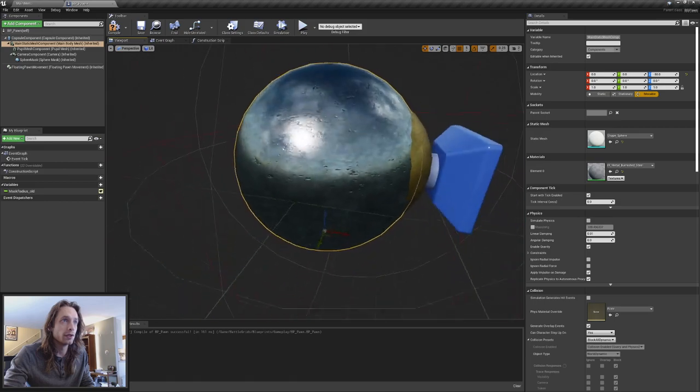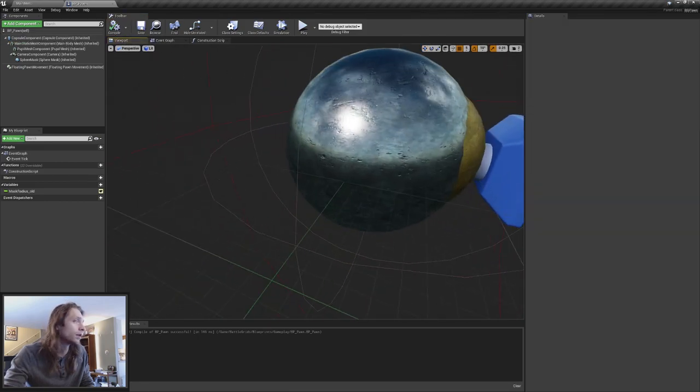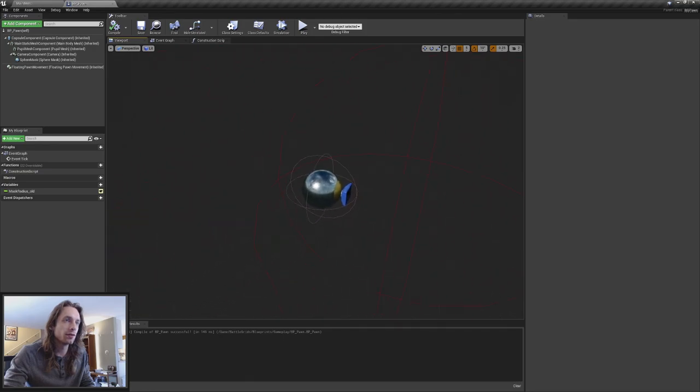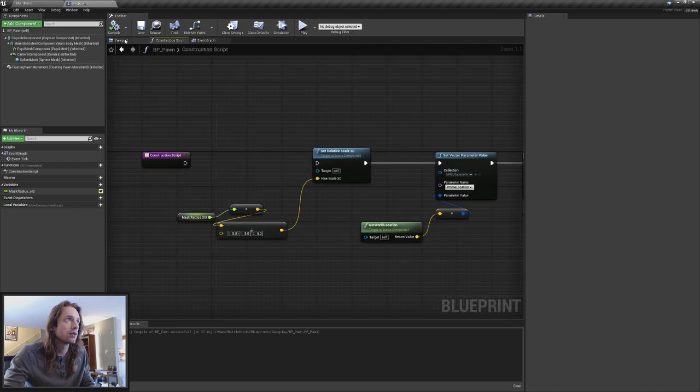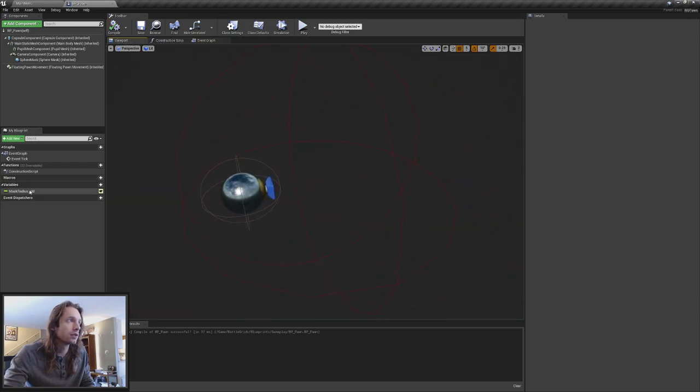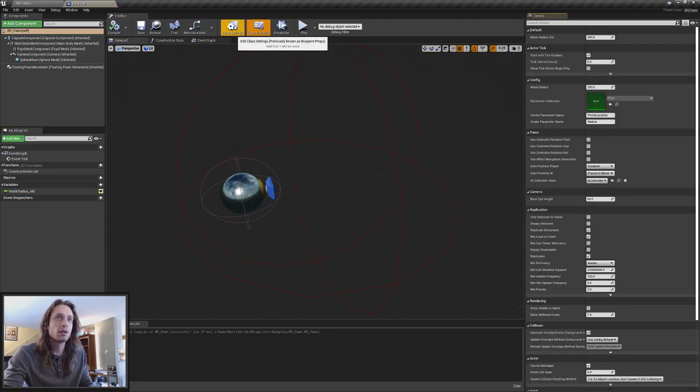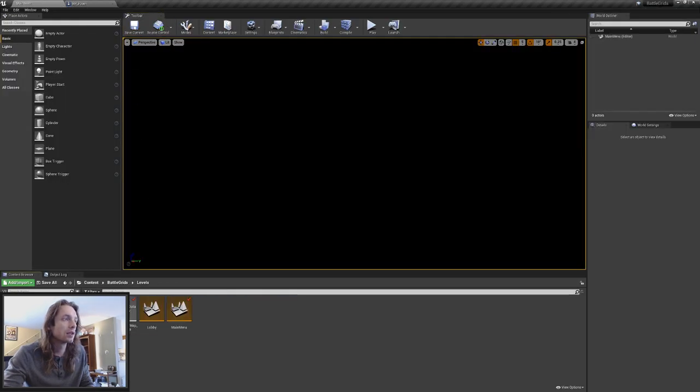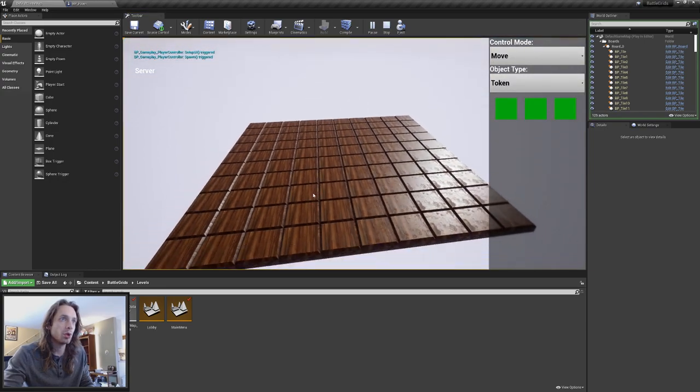Can't remember what we did for this. Yeah, I'm fixing the pawn. Converse, how you doing? Collection. Nice. I don't know if I broke stuff with the new pawn, but